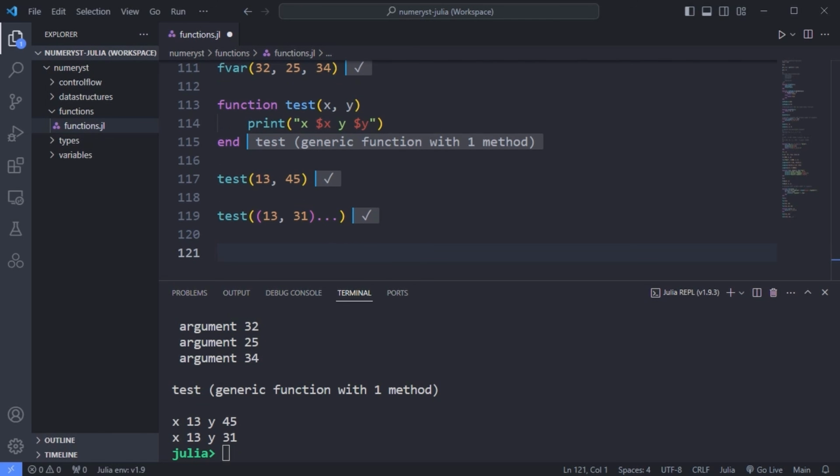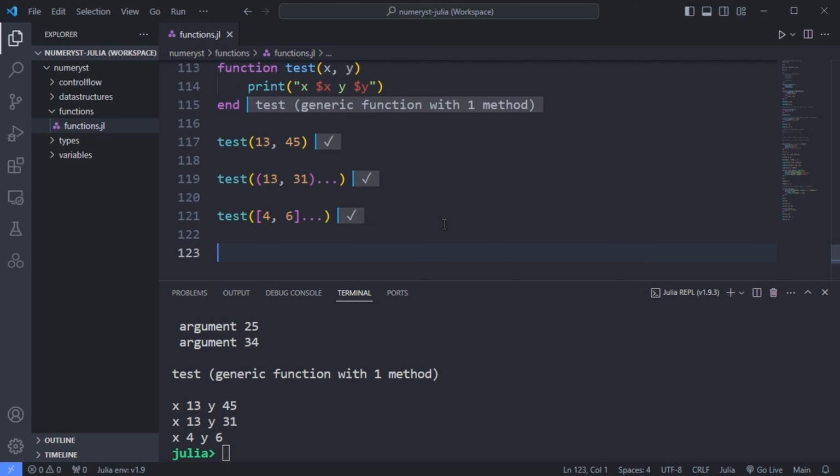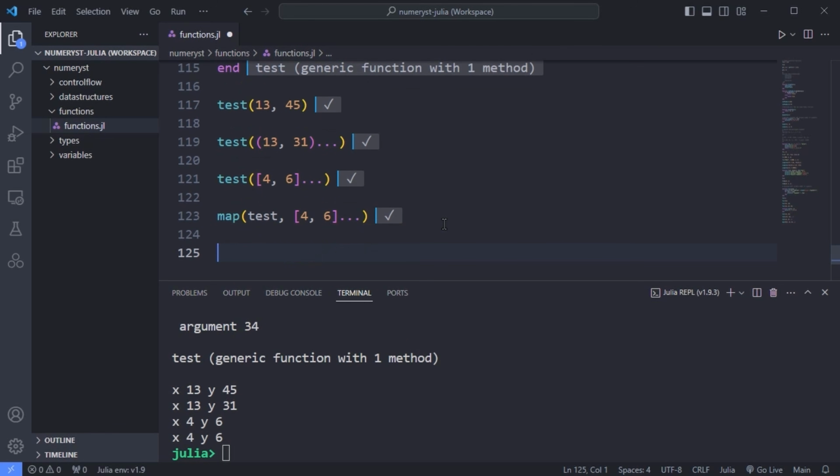The use of ellipsis or splat is also referred to as splicing the arguments. You can pass a list to the test function also and use the splat operator. You can also combine the map function with the splat operator and a list. For example, pass the 4 and 6 arguments to the test function,